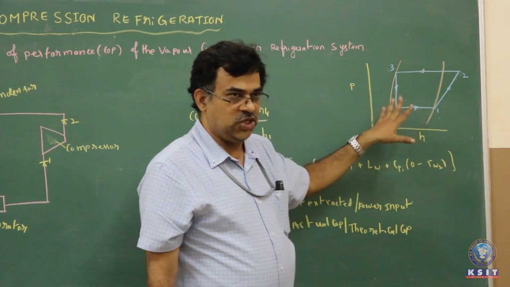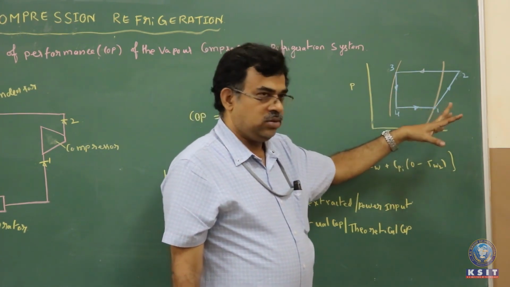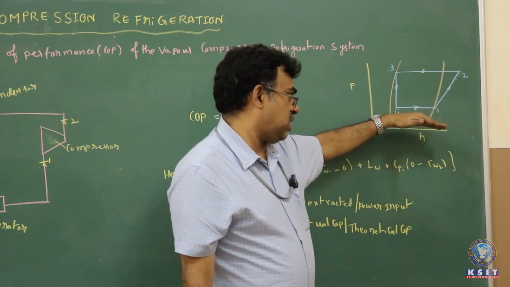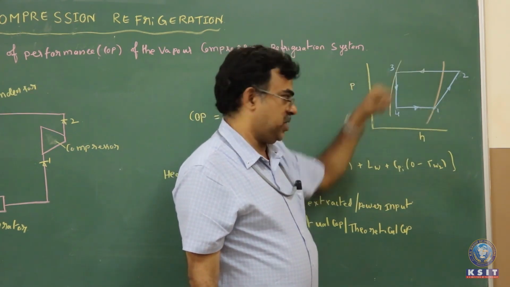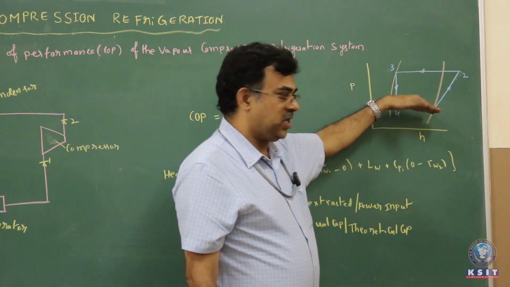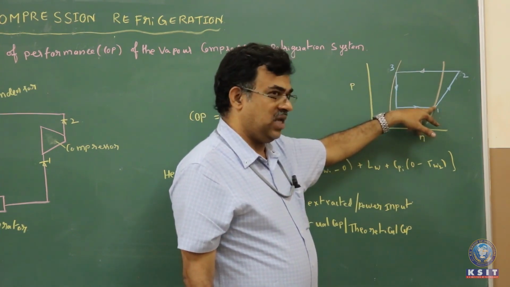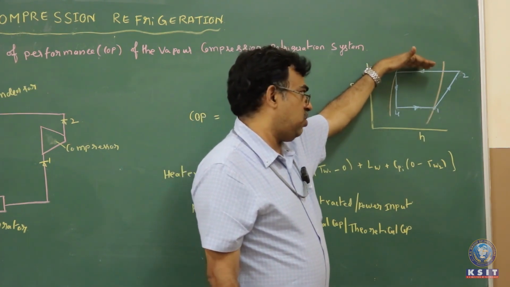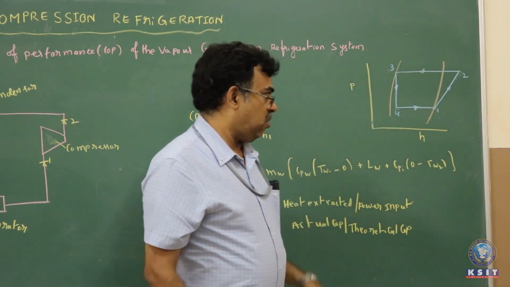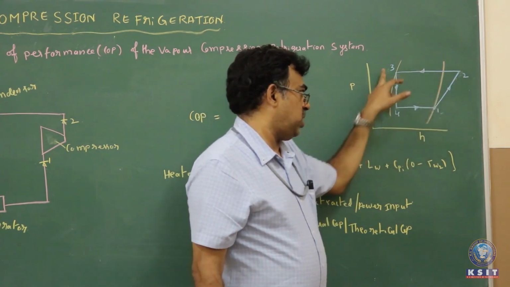So from the pH chart, from point 1, you know the pressures, you know the inlet pressure and the outlet pressure. You mark the inlet pressure as the dry saturated state, point 1, and you know the maximum pressure, you draw the horizontal line. Now you mark the points 1, 2, 3, 4.